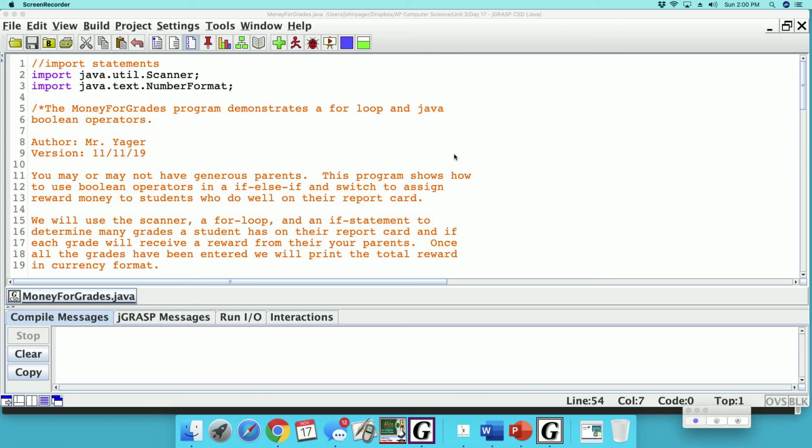Today we're going to learn about Boolean operators used in an if-else if. So let me explain this program that I created. The name of it is Money for Grades. So if your parents are generous and you get good grades on your report card, this program will determine if